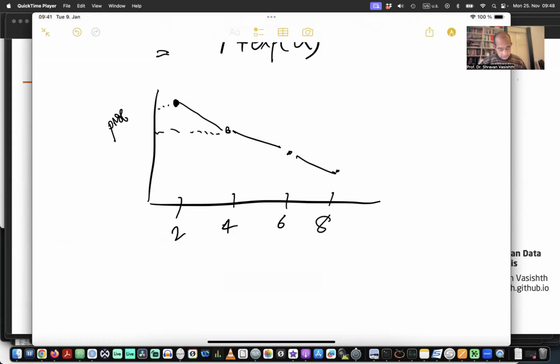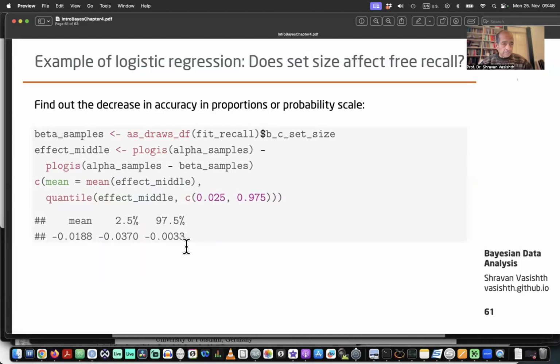This fall in accuracy going from 2 to 4, or the fall in accuracy going from 4 to 6, or from 6 to 8, right? That's usually of theoretical interest. So you can compute that now, because once we've extracted the beta samples, that's the slope parameter in log odds space. So what we can now do is calculate